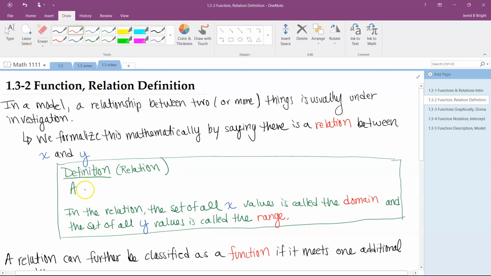Okay, so a relation in X and Y is a set, and I want to come back to this word in a moment, of ordered pairs. And it looks like (X, Y), like that. That's all a relation is, okay? But now, this word set,